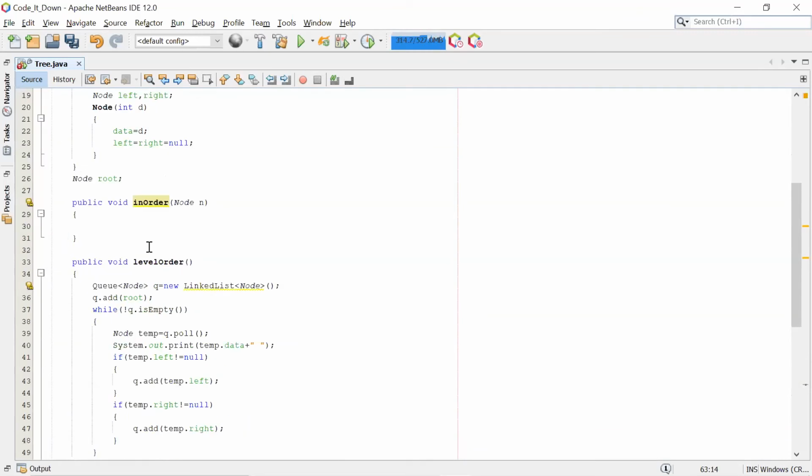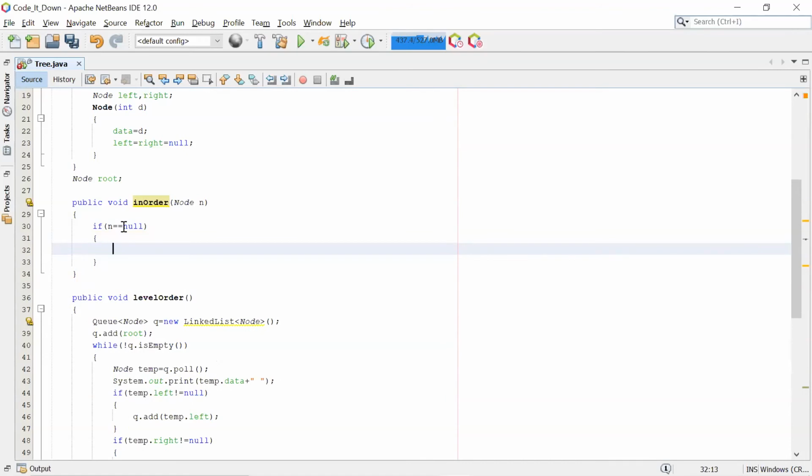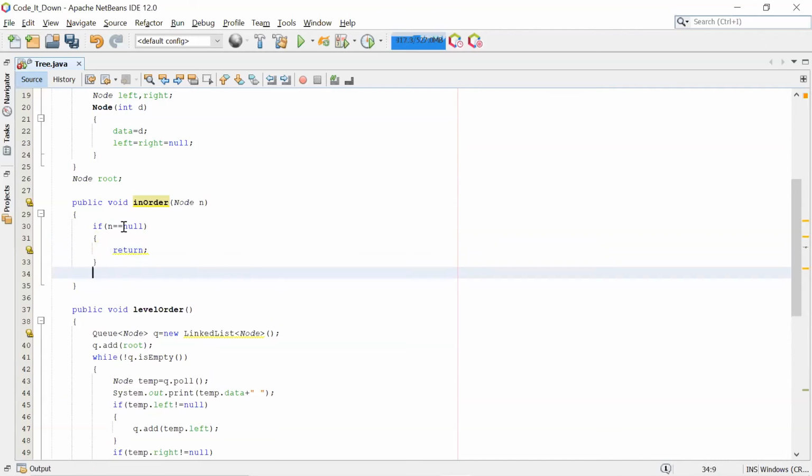So let's write the code for this in order traversal. If n equals null, that is, if there are no elements in the tree, it will simply return nothing. If it does have elements, we'll do it recursively. In order, first it'll go to the left node, n dot left.